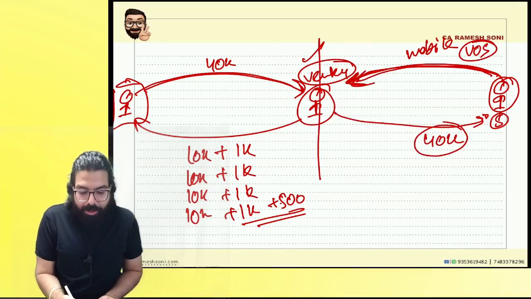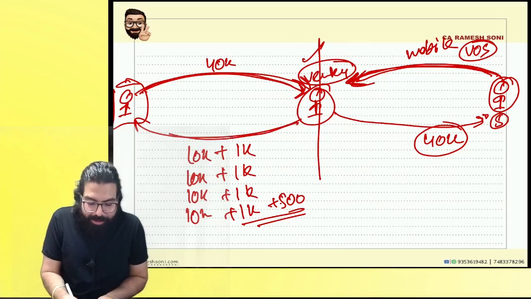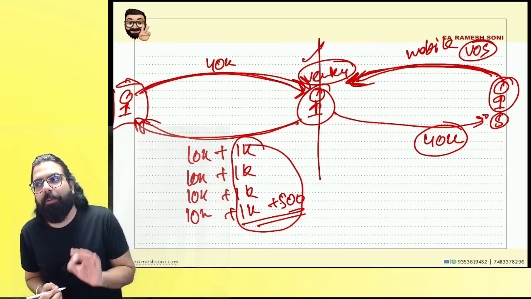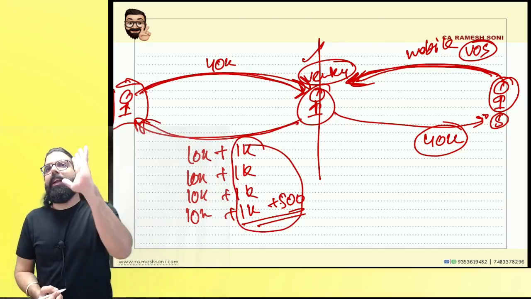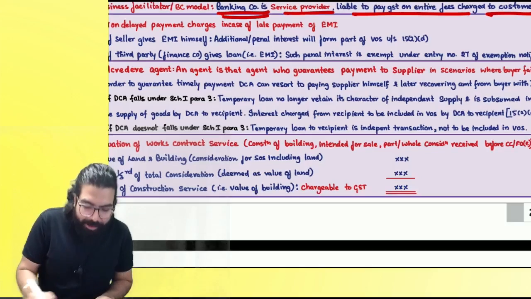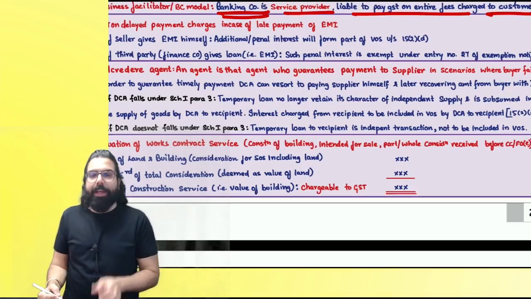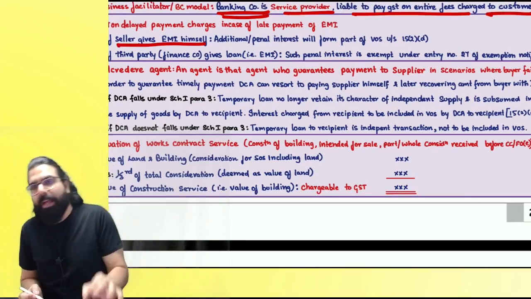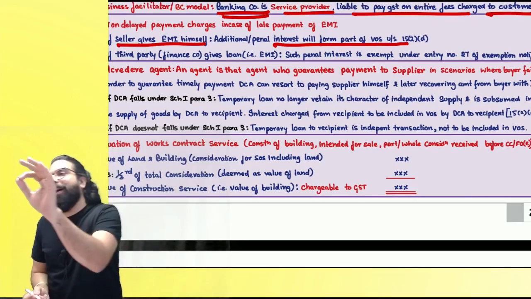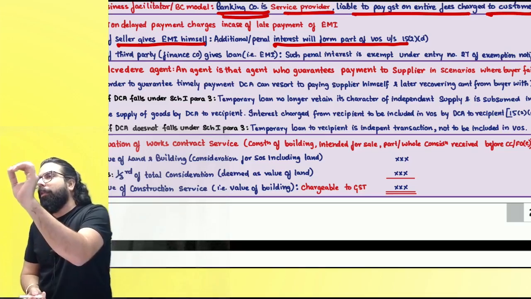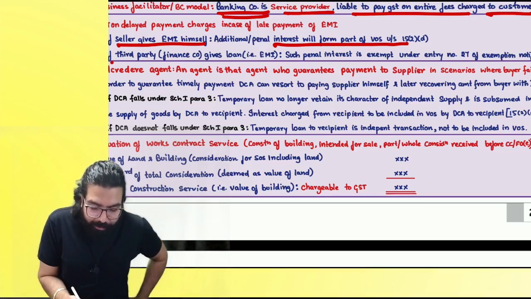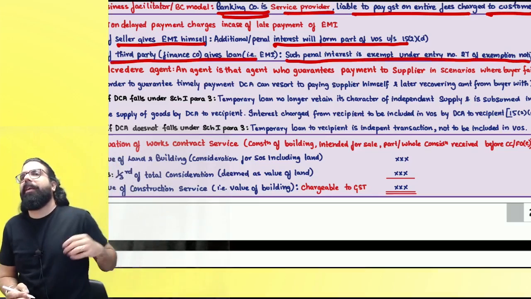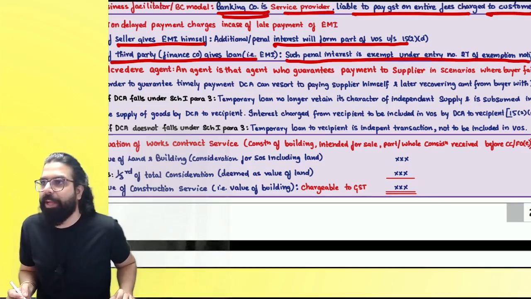Now, my question over here: when the loan was given and interest is taken, in this scenario, on the interest amount, will GST come or is it exempt? It is exempt under entry number 27. That is the EMI transaction circular telling us over here. It says that if the supplier is giving the EMI himself, then interest will be included in the value of supply as per section 15(2)(d). But if a third party is giving, then such penal interest or interest is always exempt under the exemption notification. Can we go ahead, everyone?